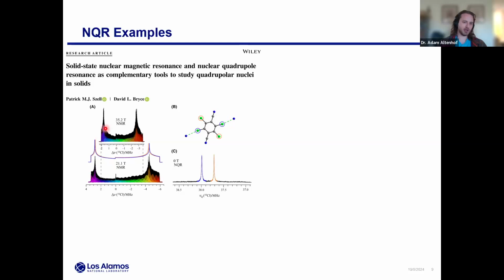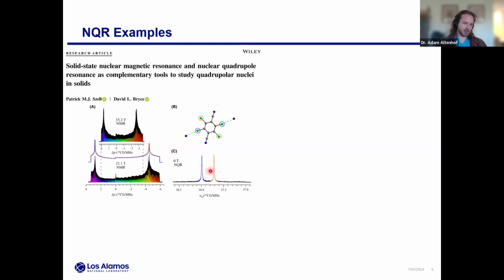Again, these really broad powder spectra can, in fact, resolve the 2 sites, though I'll note this is potentially a time-consuming experiment. You also have to be a little careful to ultimately resolve that. But I believe using the same probe, just pulling it out of the magnet and doing the zero field NQR, you can see this really nice regime, right? You just get 1 peak per site. Again, something like what most spectroscopists are looking for.